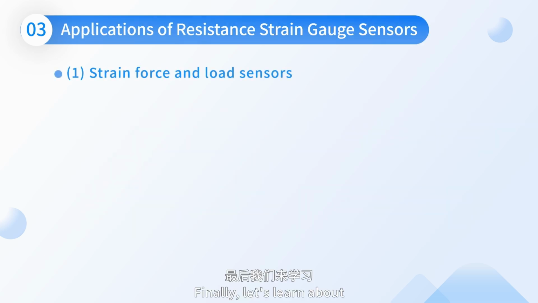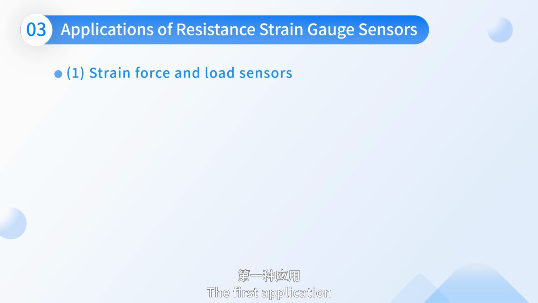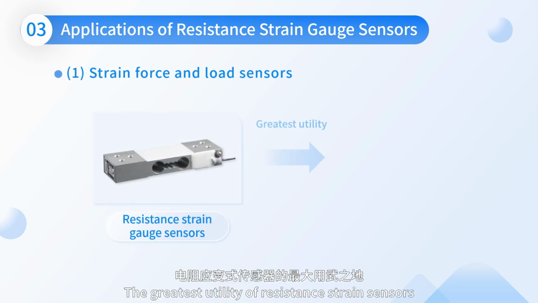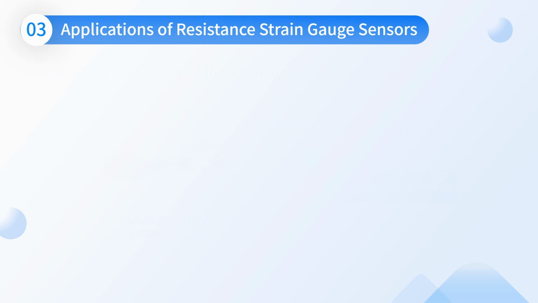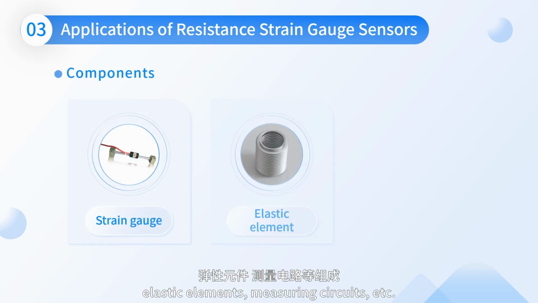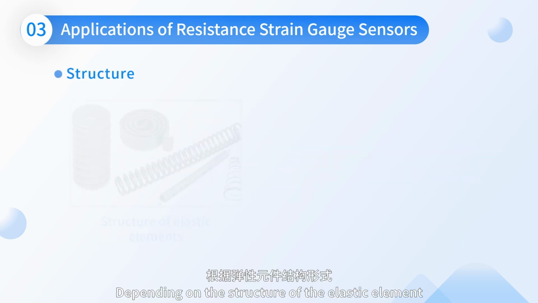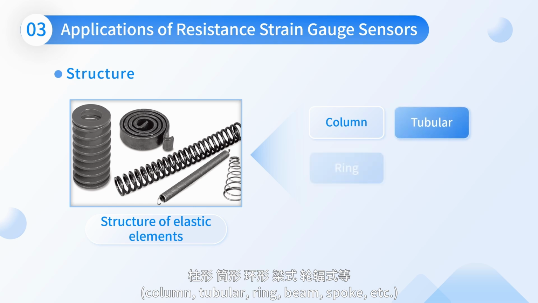Finally, let's learn about the applications of resistance strain gauge sensors. The first application is strain force and load sensors. The greatest utility of resistance strain sensors lies in the fields of weighing and force measurement. These force sensors consist of strain gauges, elastic elements, measuring circuits, etc. Depending on the structure of the elastic element, column, tubular, ring, beam, spoke, etc.,